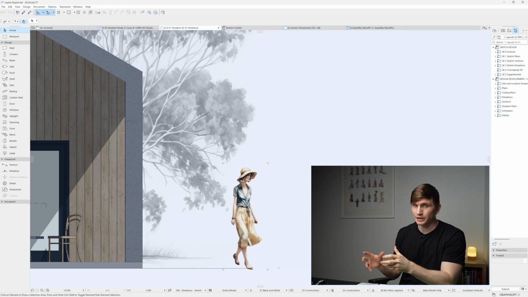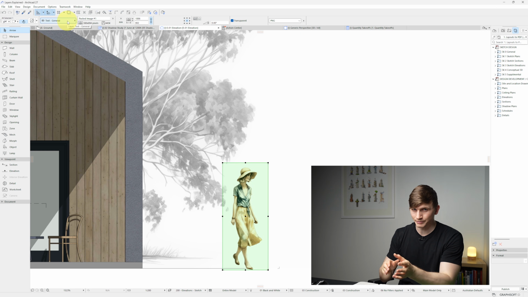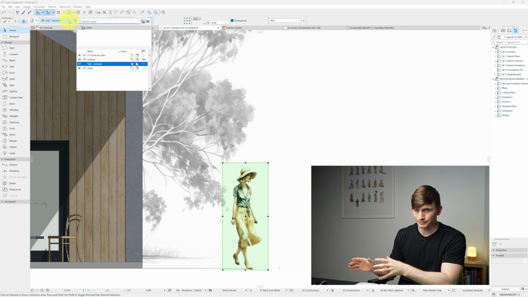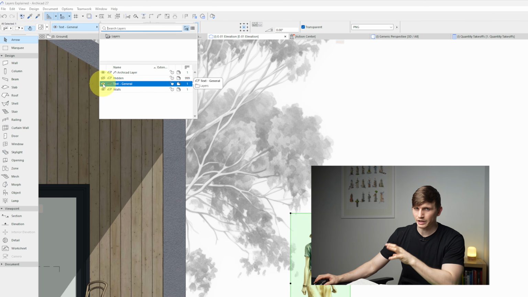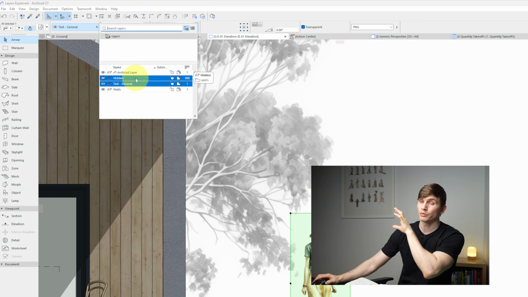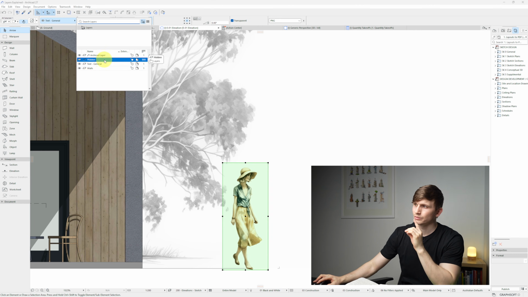Layers are how we show and hide things in ArchiCAD. When we select something in ArchiCAD, we can see up in this top panel just here which layer it's been put on. If we then click it, we can easily change which layer this thing is on. You'll notice these eyeballs just next to the layers themselves. This tells us which layers we can see and which ones are hidden. If we put this lady onto the hidden layer, the one with the eye crossed out, we'll notice that she